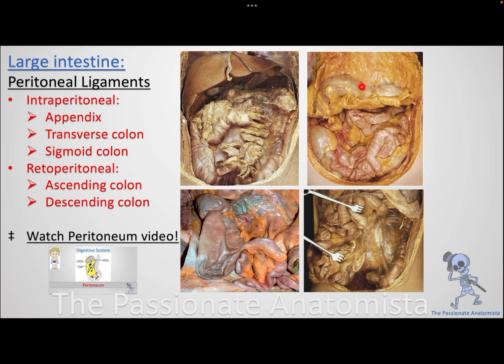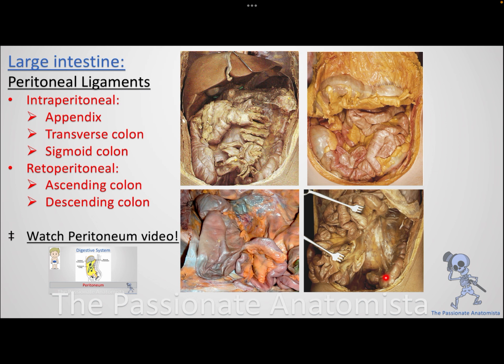Because it attaches the transverse colon to the greater curvature. So if I try to reflect the greater omentum back, so I can see what's happening in the abdomen, I can see the transverse mesocolon attached to the transverse colon posteriorly. So this is intraperitoneal. And the sigmoid, if you look at the sigmoid colon, you can see this peritoneal